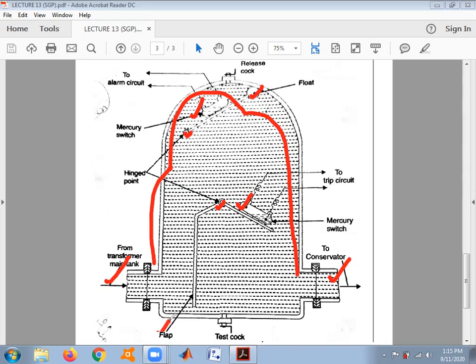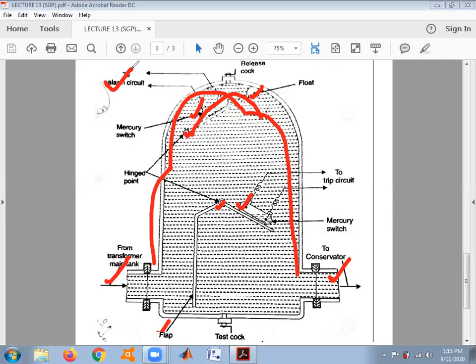On the occurrence of a small, minor category of fault, the oil gets heated up. Due to the heating, the oil is converted into hydrogen gas. Hydrogen gas, being lighter in weight, gets accumulated on the upper part of the Buckholz relay. When a certain amount of gas has accumulated, it exerts a pressure on the floating point. Due to that, the alarm circuit gets operated and the transformer may be disconnected from the supply manually if the fault is minor in nature.